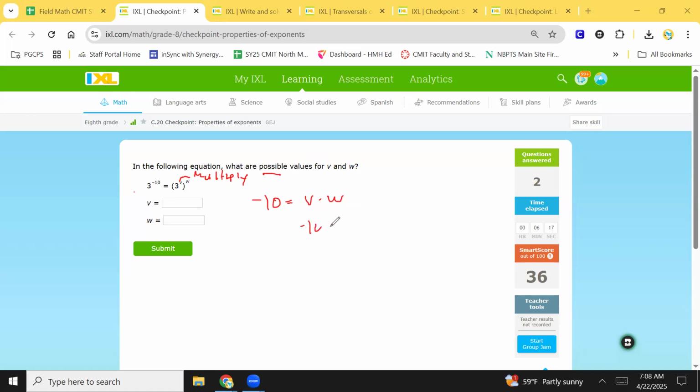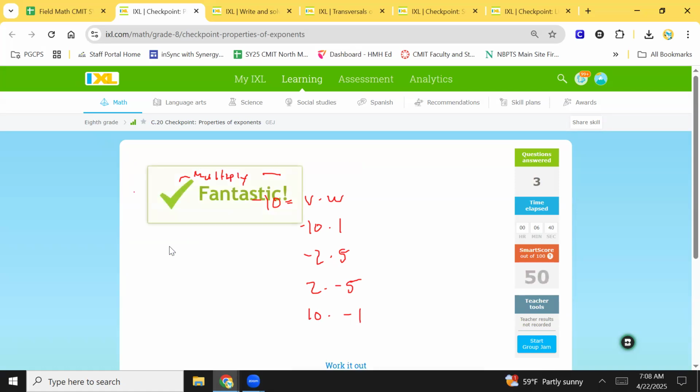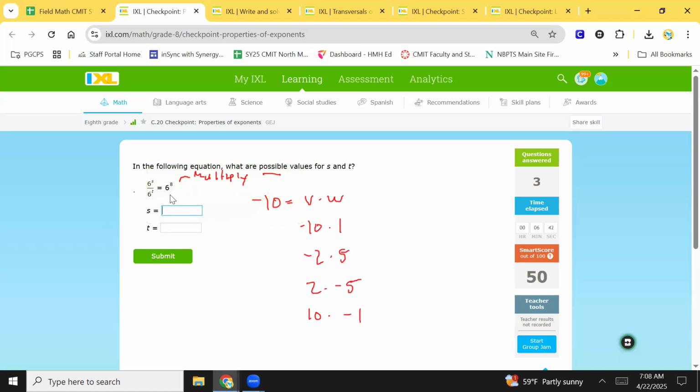We could say negative 10 times 1. We could say negative 2 times 5. We could say 2 times negative 5. We could say 10 times negative 1. And that's all I can think of. So I think we could put any of those in here. And they should work because they all work. All right. So that was just asking us to kind of figure that one out. And this is cool. This is called a list of factors, which is something we do in other areas of